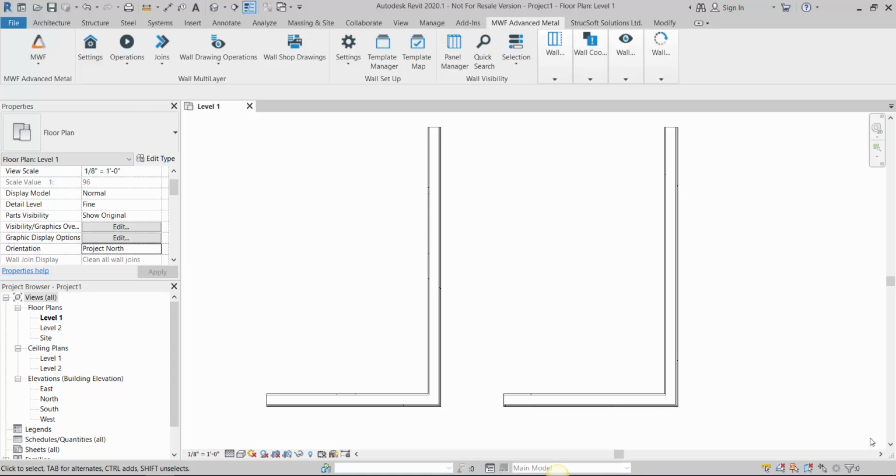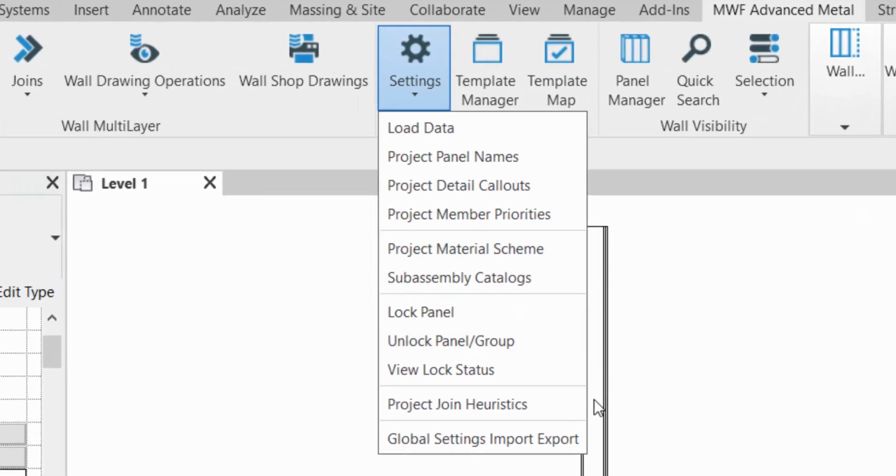This week we'll be going over our join heuristics. Now, our join heuristics is actually the way we determine what will be the main wall in any given intersection. So if we come down here to our settings and hit that join heuristics here,